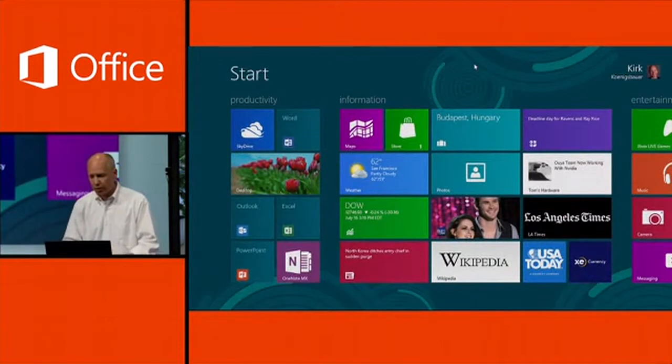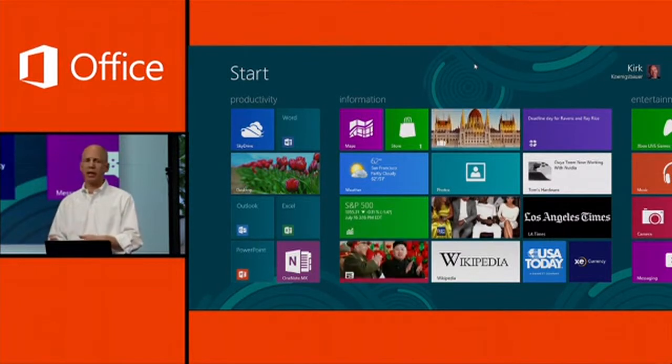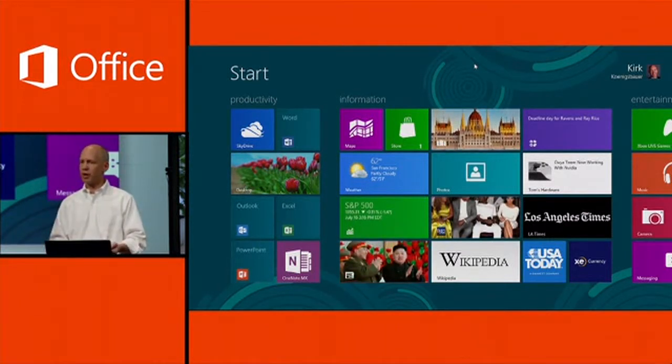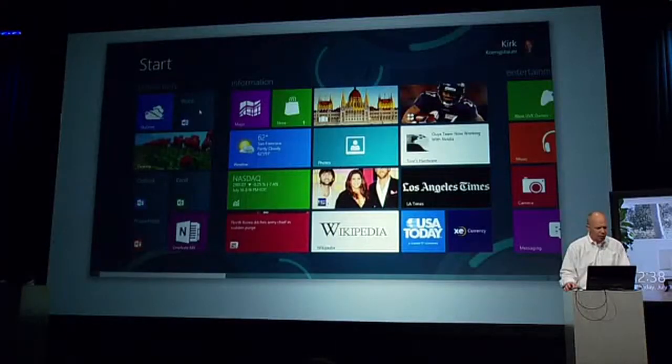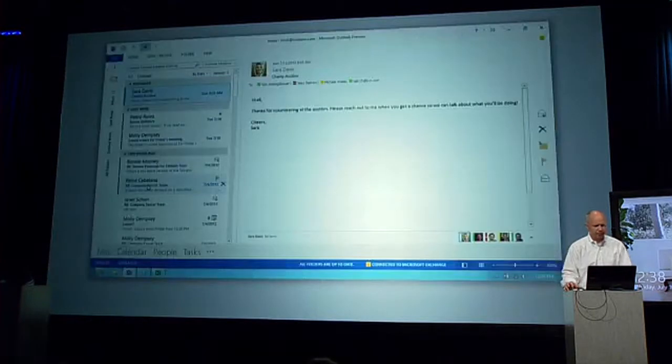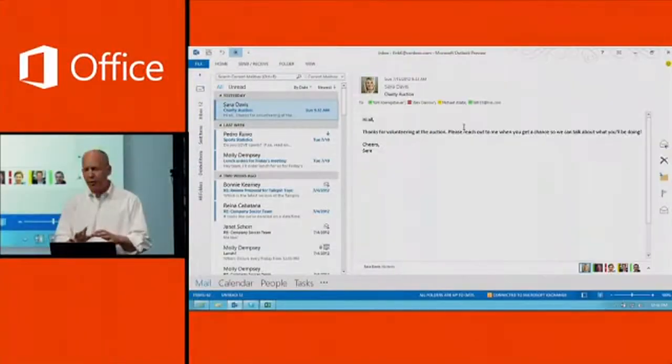Now, that's a simple example. One that I'm incredibly excited to talk a little bit about today is how we're going to communications enable the billion Office users that are out there with the hundreds and hundreds of millions of Skype users too. Let me give you an example of what I mean by that. I'm going to jump over to Outlook. Now, in Outlook, you can see that we have presence here. We've always had presence for our business and enterprise customers through our Lync service, which is our real-time communication service for businesses. We're now excited to be able to have